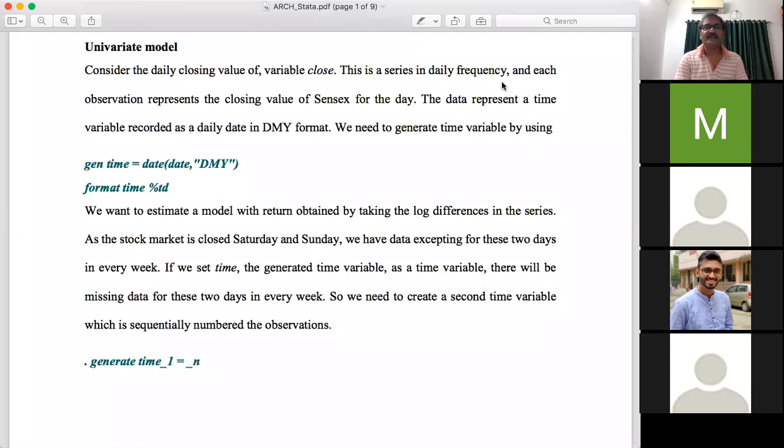How do you get return? If you have some basic idea about the financial market, return can be calculated normally by taking the difference of the price change. So if we treat Sensex as a representative for the price of all stocks transacted in the market, if you take the first difference, you can get the return.